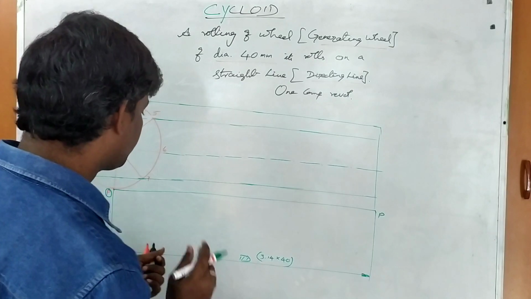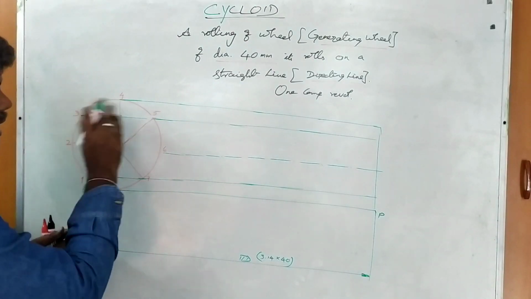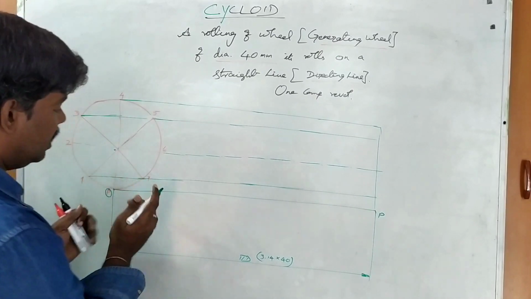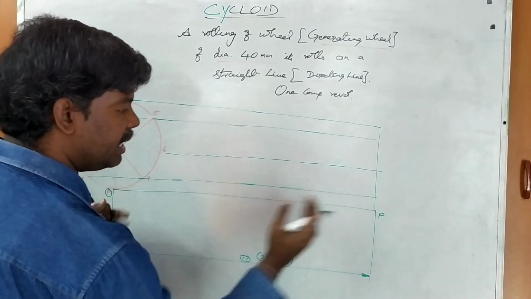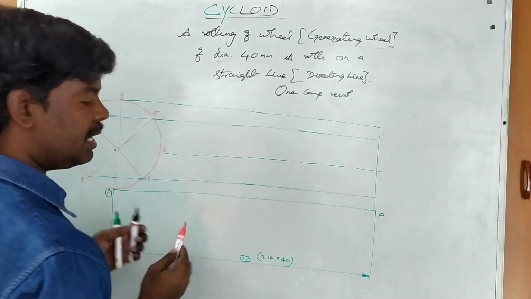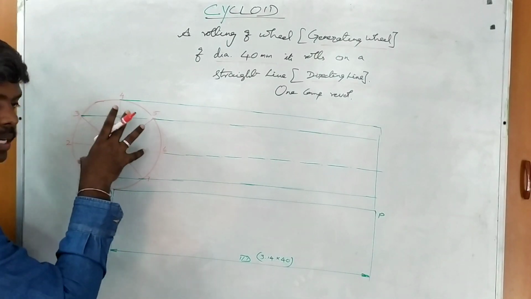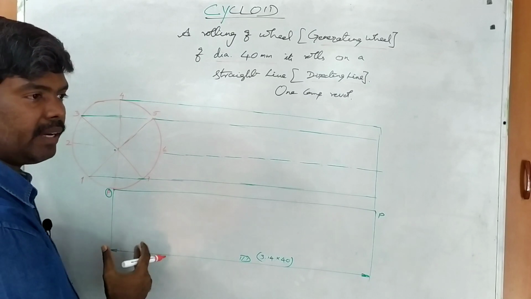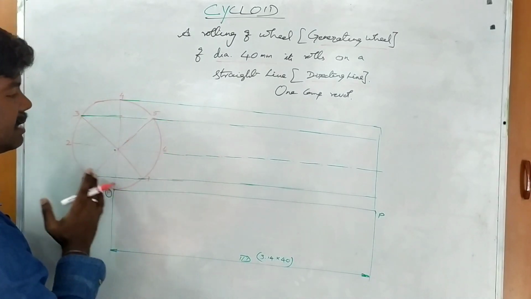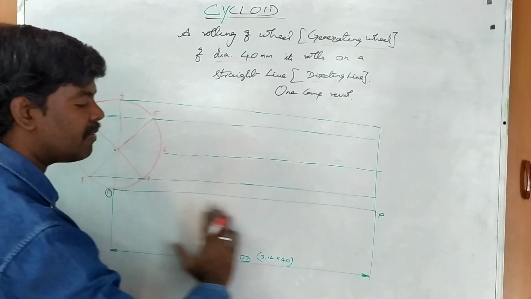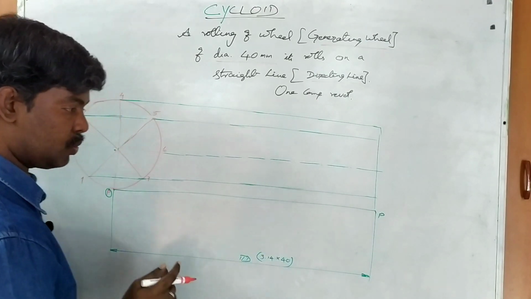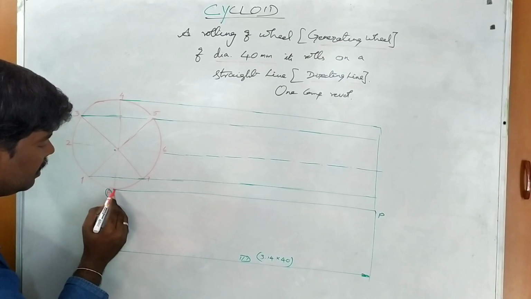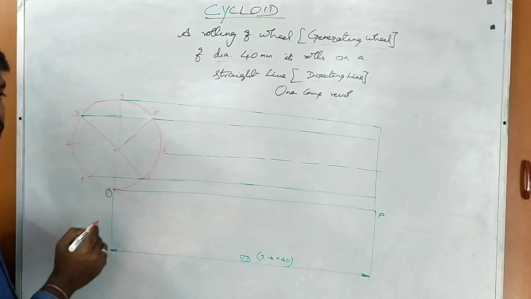Clear? That's what. Next, the circle is divided into 8 equal parts in our problem, our wish. Same thing, that total pi d distance is also divided into 8 equal parts. If you had taken 12 equal parts, the pi d distance is also divided into 12 equal parts. So however many equal parts you consider in the circle, the same number of equal parts in the directing line also. Clear? So you know how to divide that PP line into n equal parts.